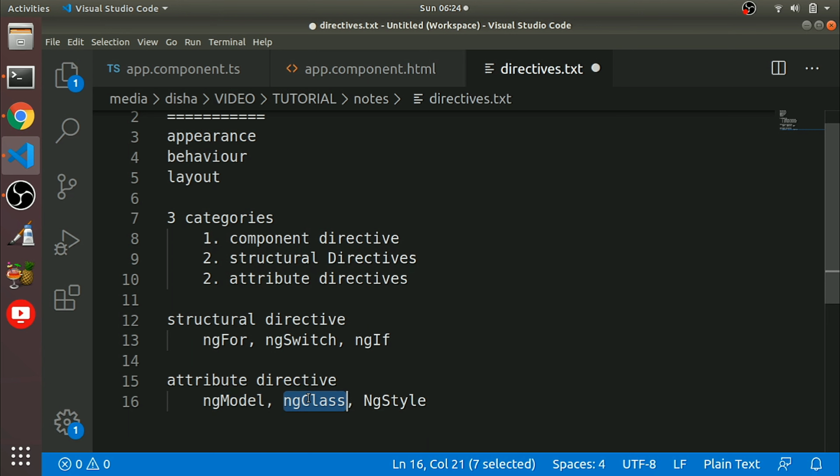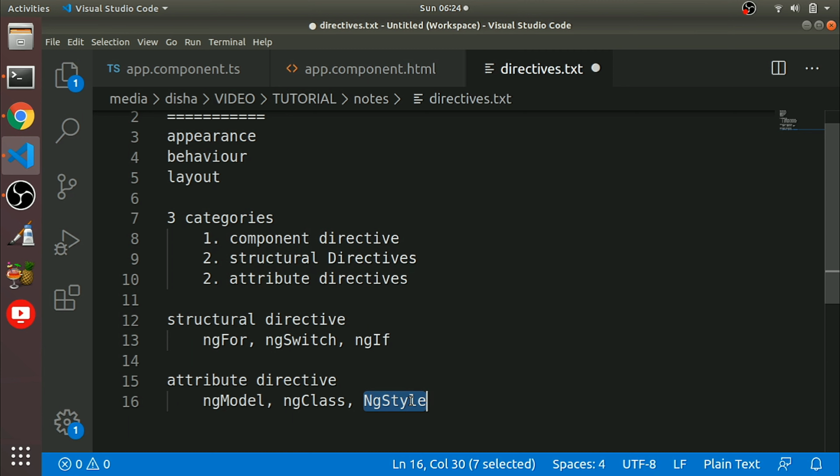So we can add or remove HTML classes from an HTML element. Okay, ng style is used to change multiple style properties of our HTML elements. You can also bind these properties to values that can be operated by the user or our components.